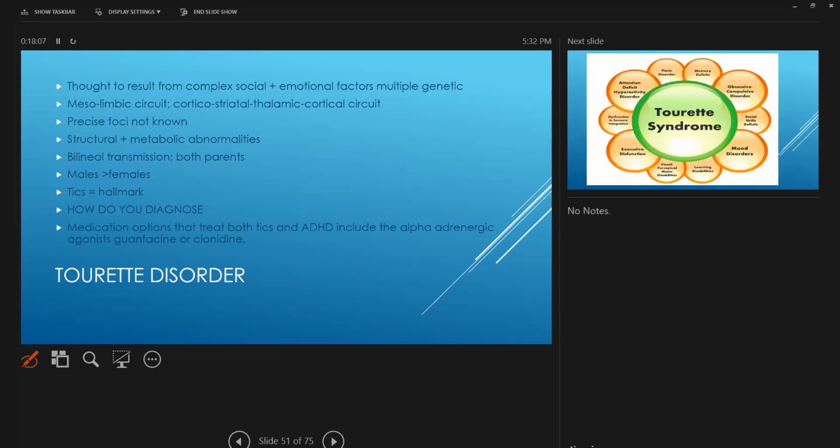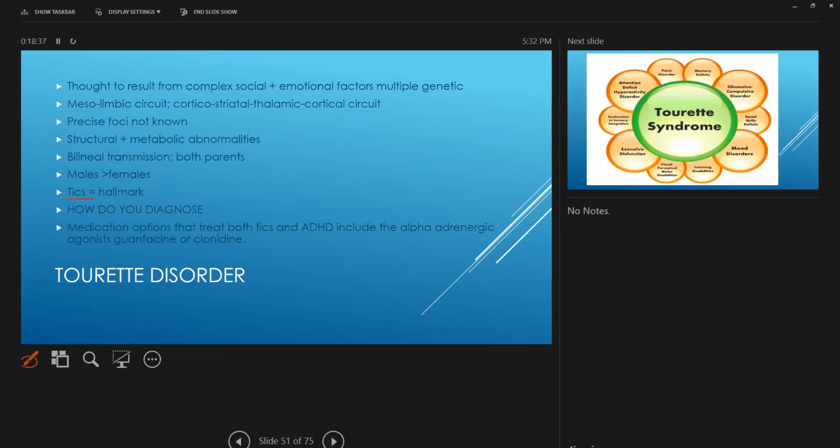So Tourette's disorder. What is Tourette's? It's basically a disorder that has the hallmark of these tics, and it's really kind of a sad disorder, as there's a lot of emotional factors and it can be very complicated, especially socially, for these children. It's considered a disorder of the mesolimbic circuit, or the corticostriatal thalamic cortical circuit, which is just a whole bunch of words to say